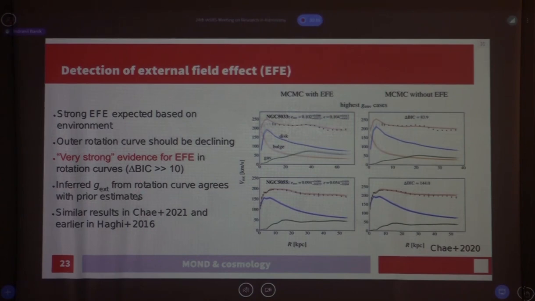Now, similar results were obtained later, but also earlier by the chair, Hossein Haghi, in 2016, regarding this phenomenon, which is actually quite difficult to understand in the standard context. I mean, if you have a theory which predicts a breakdown of the strong equivalence principle and you observe exactly that, it becomes slightly hard to assume general relativity is still correct.